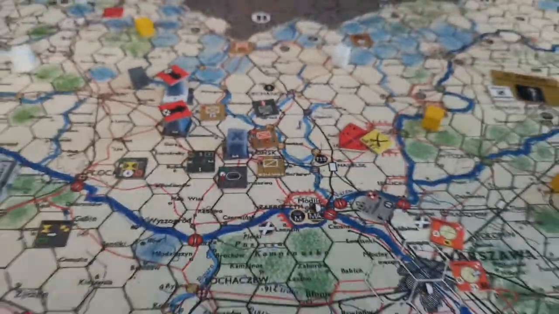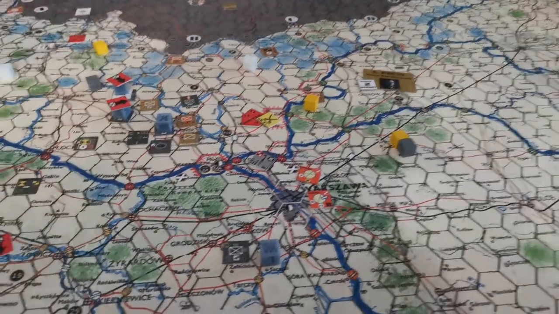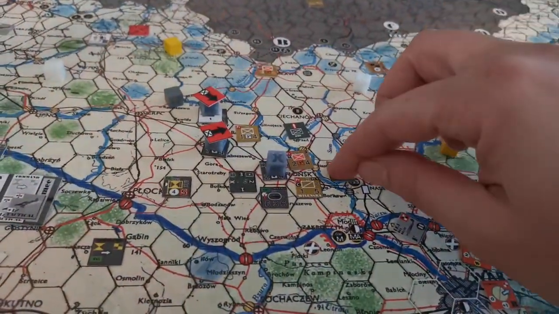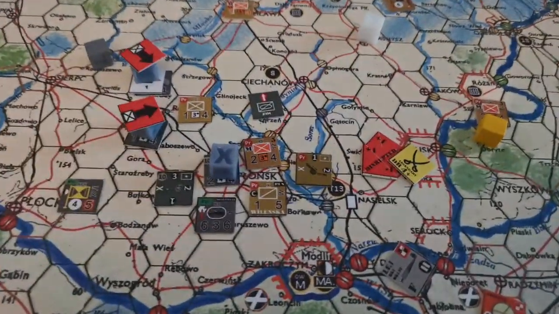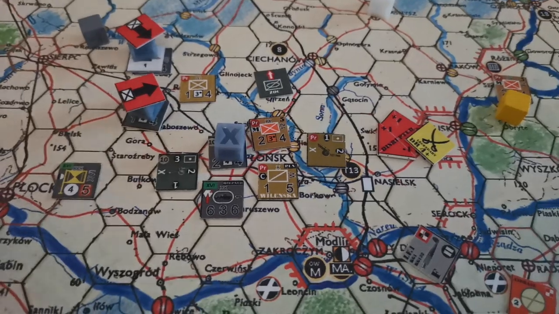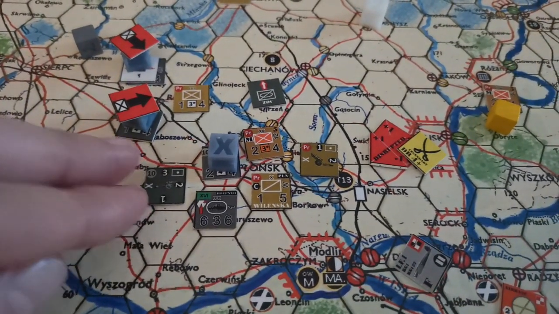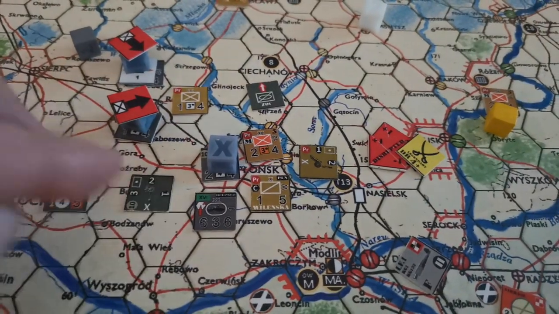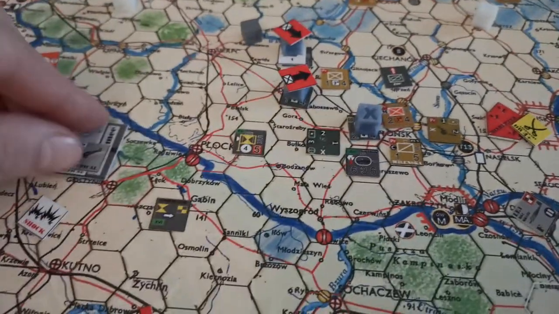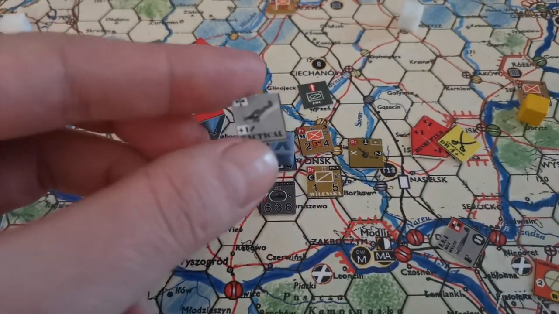Or let's say that the Polish army actually has set up artillery of itself. Then the German player can in advance assign artillery. So let's assign artillery, and let's assign tactical air